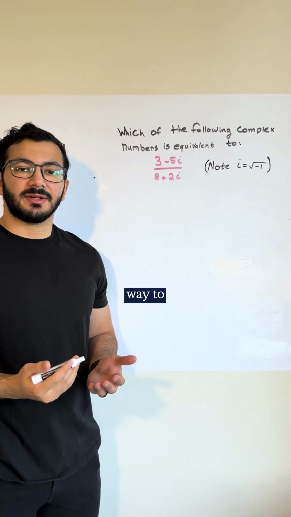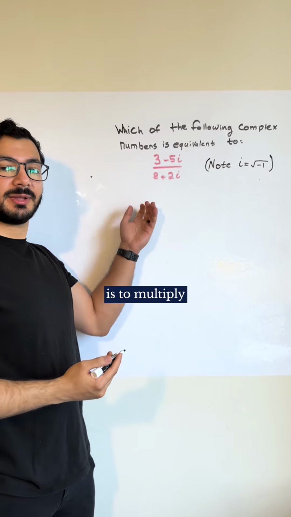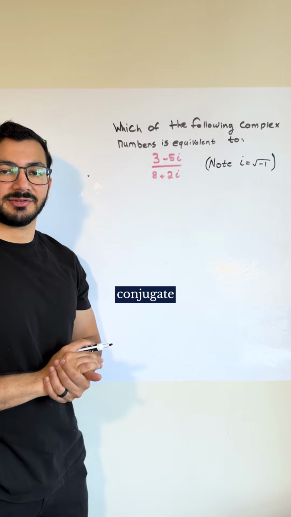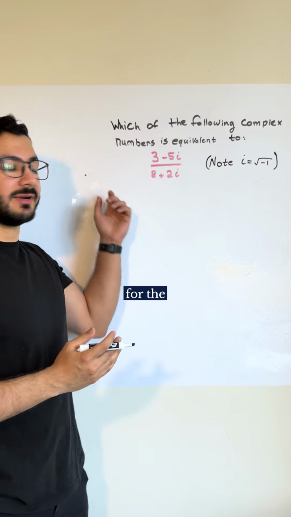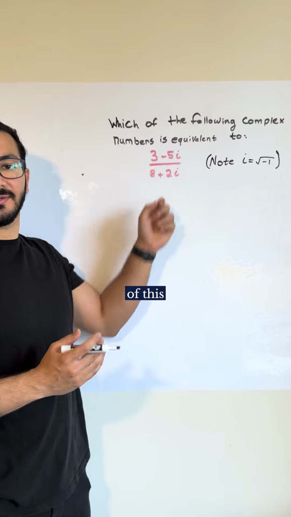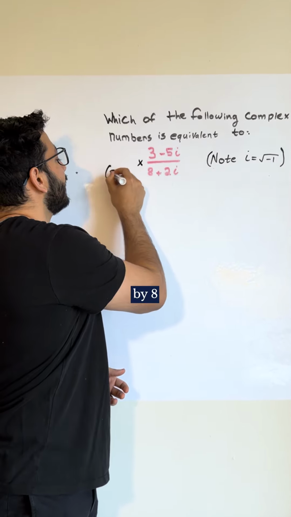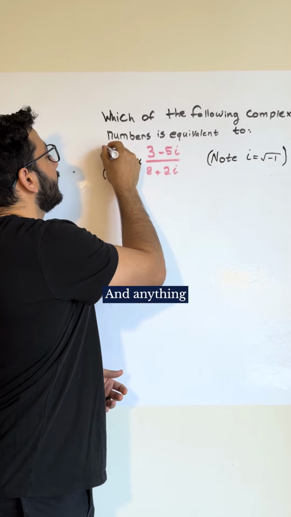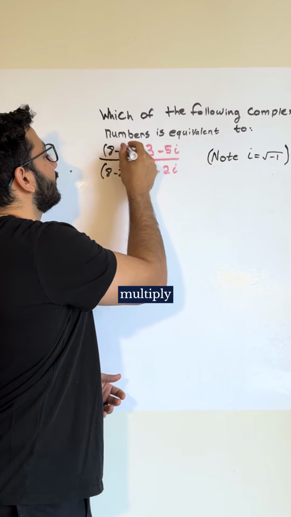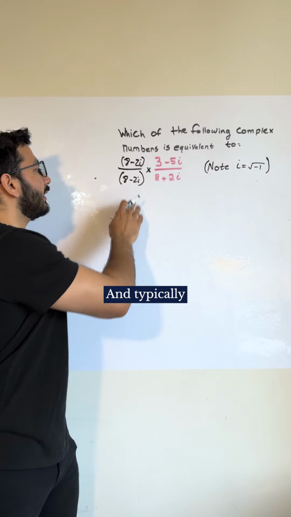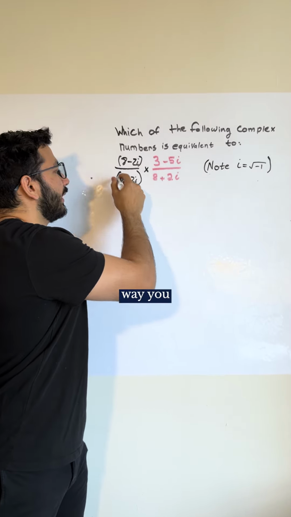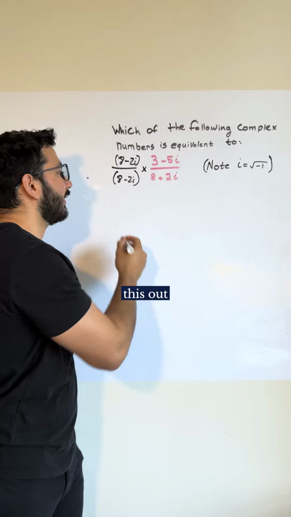So the traditional way to solve this problem is to multiply the top and the bottom by the complex conjugate. That's just a fancy word for the negative version of this bottom section. So what we would do is multiply the bottom by 8 minus 2i, and anything we do to the bottom, we have to multiply by the top. So we do that. And typically, the traditional way, you would FOIL or box method this out,